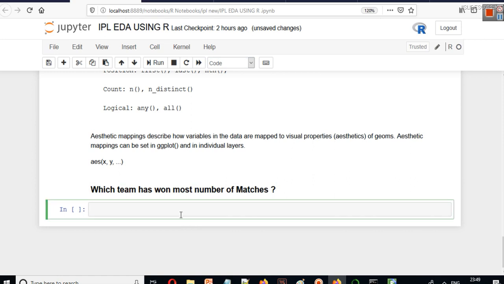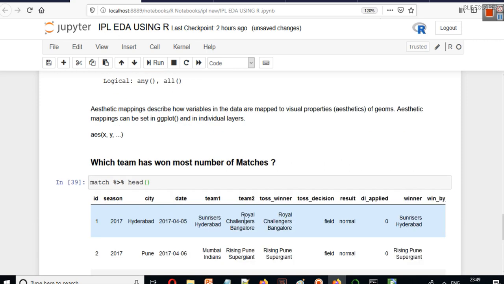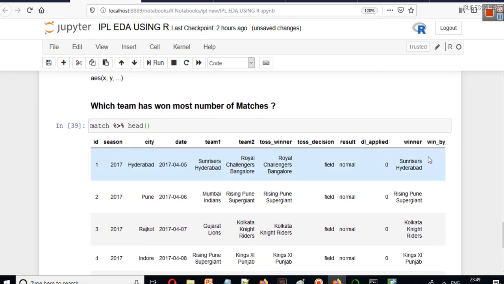So we have to calculate which team has won the most number of matches. If we write match and then this, and we get the head, you can see the column which has information on the winner is this column, winner.